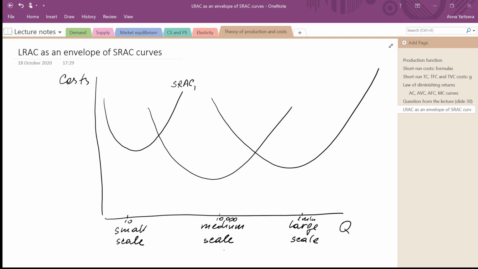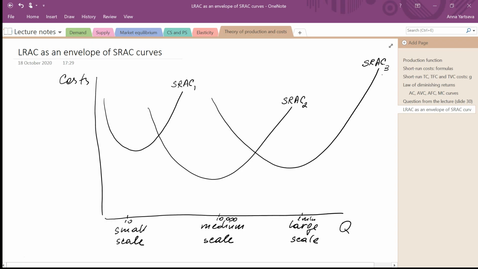If we decide to operate on a medium scale, producing around 10,000 units, plus or minus maybe a little bit, we will be dealing with this cost structure. This particular short-run average cost curve will better represent the technology which we will be using. We might be installing some additional machines, some production lines to be able to produce this amount of output. Our costs will look different, so our cost curve will have a different shape. And of course, when we operate on a larger scale, when we produce around 1 million units, a little bit more or a little bit less, again, our technology is likely to change. We will select a different amount of capital and our costs will now be represented by another short-run average cost curve,